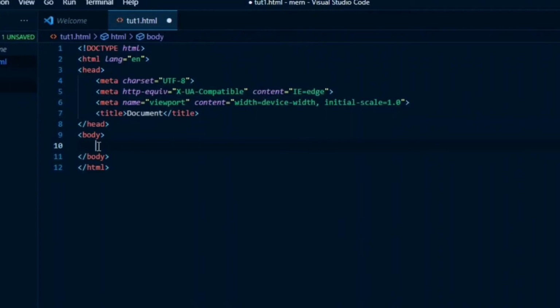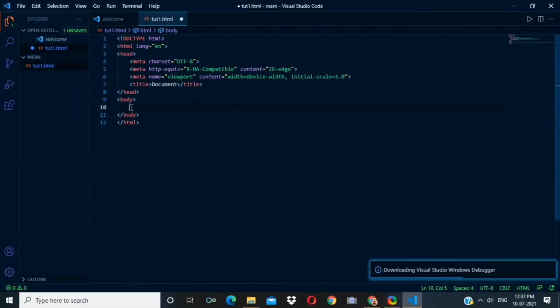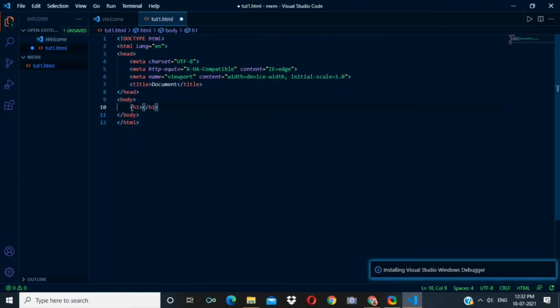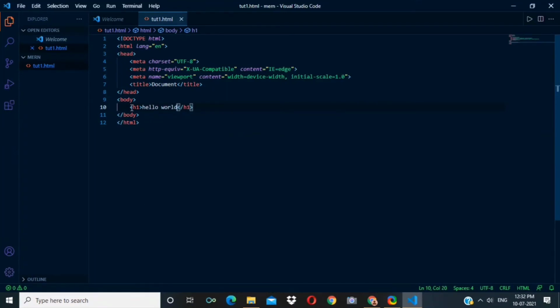After that, head tags. Always remember all the tags have closing tags also, like closing /html, /head and /body tags. First of all, come to the body part. All the things which we want to show on our web page are always in the body tag. So start with our first heading. We have 6 heading tags like h1 tag, h2 to h6. The h1 tag is the biggest heading, so we will write here hello world.